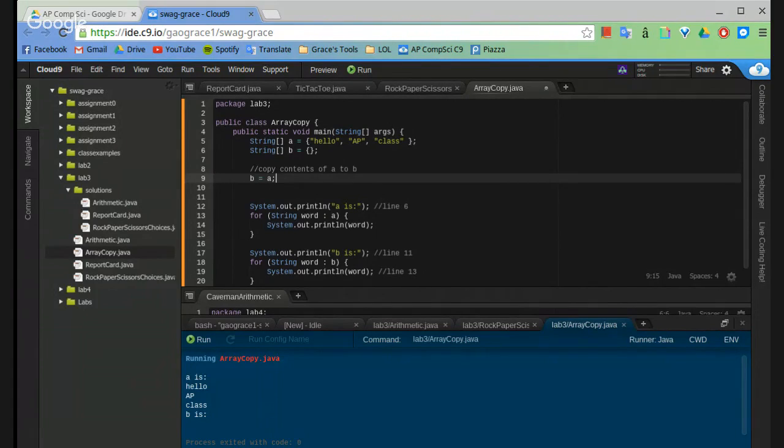So if I were to say, change an element of A. Here's the problem with this one: if we were to change our code, meaning suppose we want A to say something else,